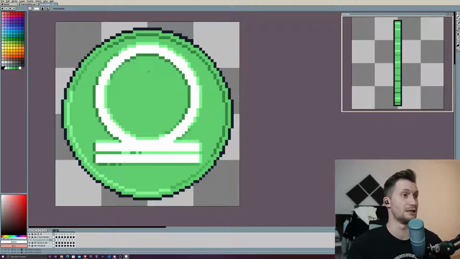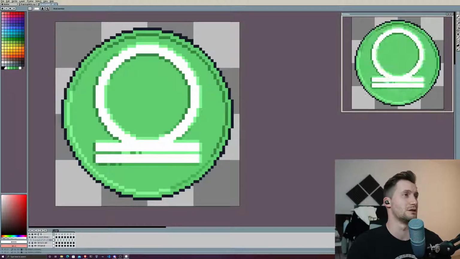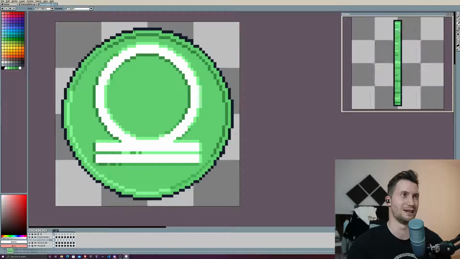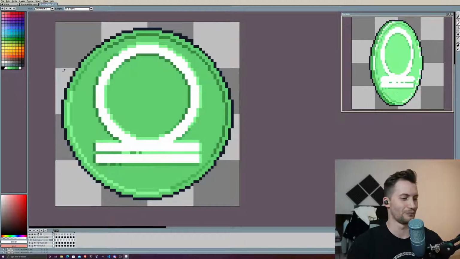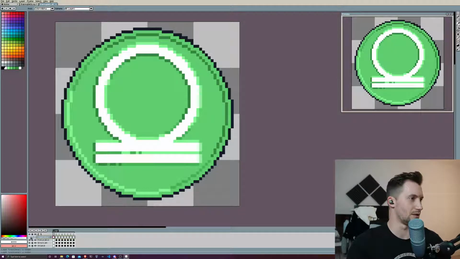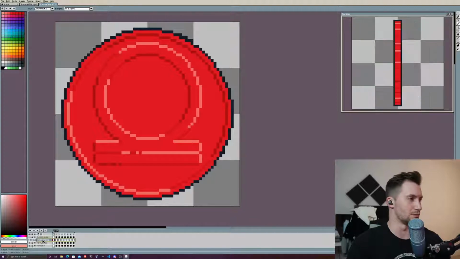It's the Libra symbol, the Libra star sign. We had a couple of designs when we were doing it, but this was the one we went with, and I'm glad we did because I definitely prefer it having seen them back again. So for those who don't know, I'm just going to duplicate this. Okay, so we're going to just take this one.